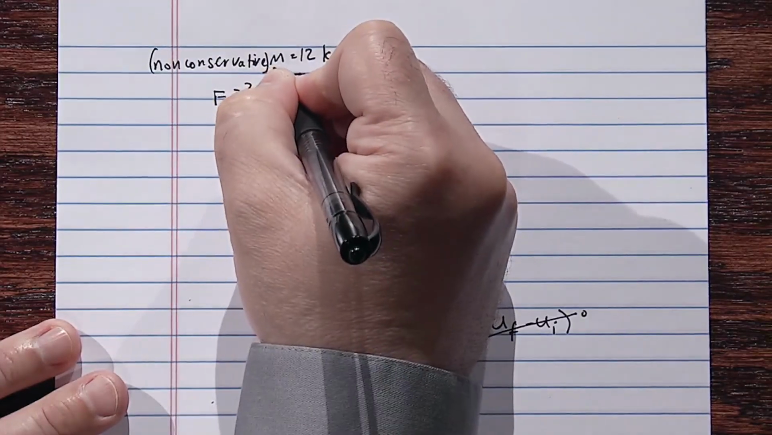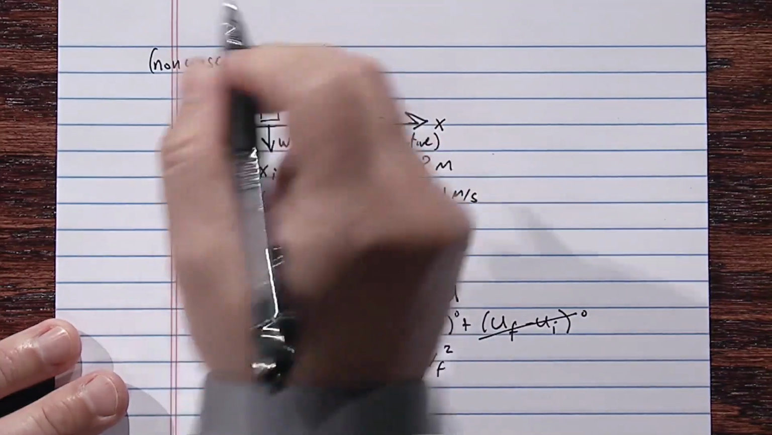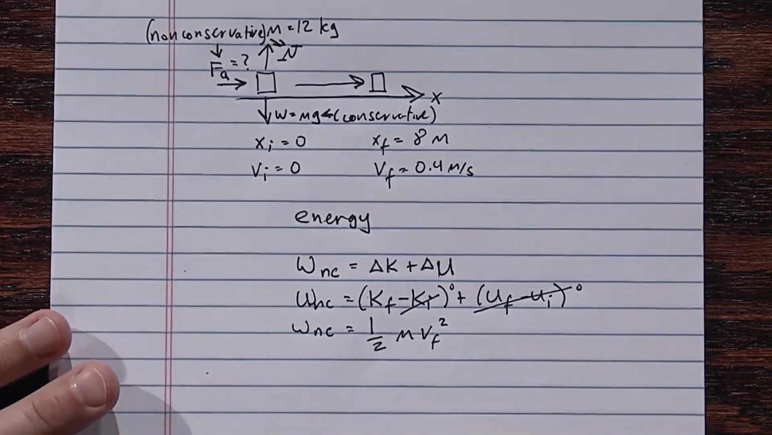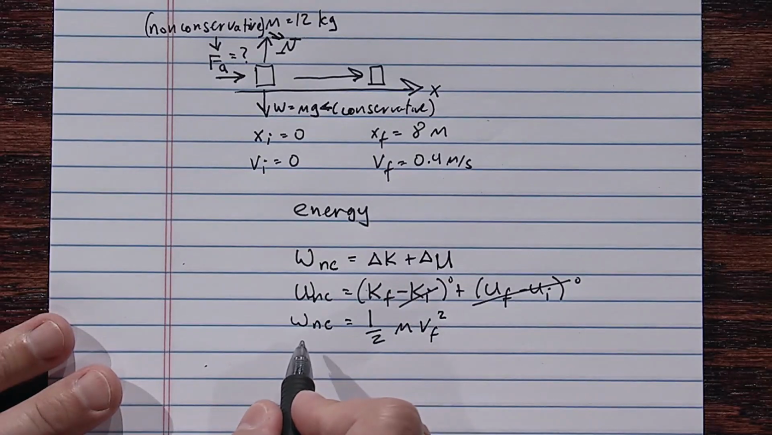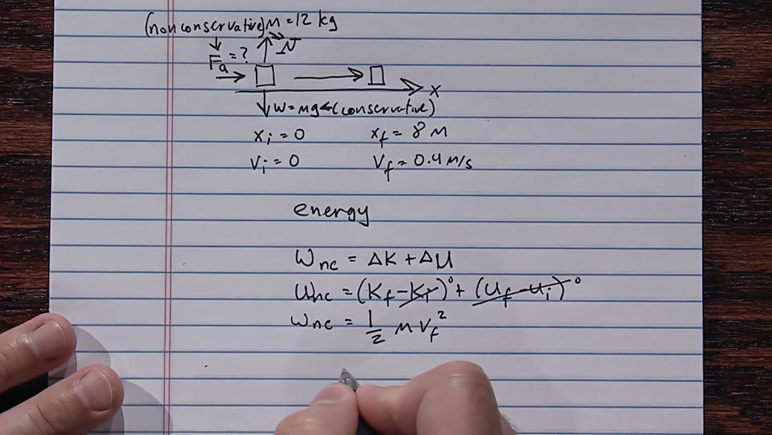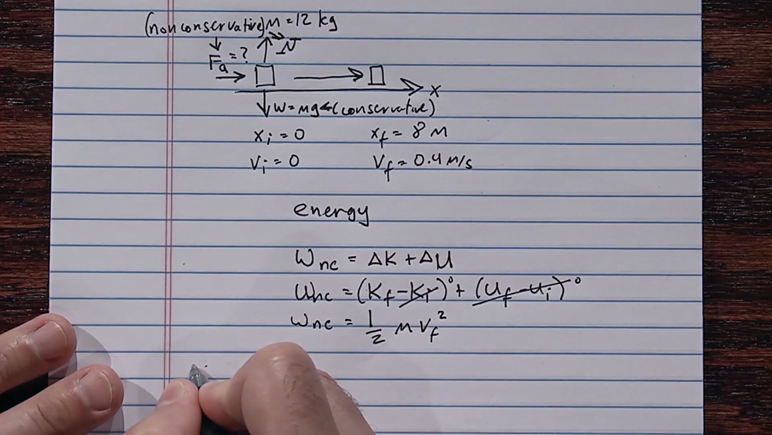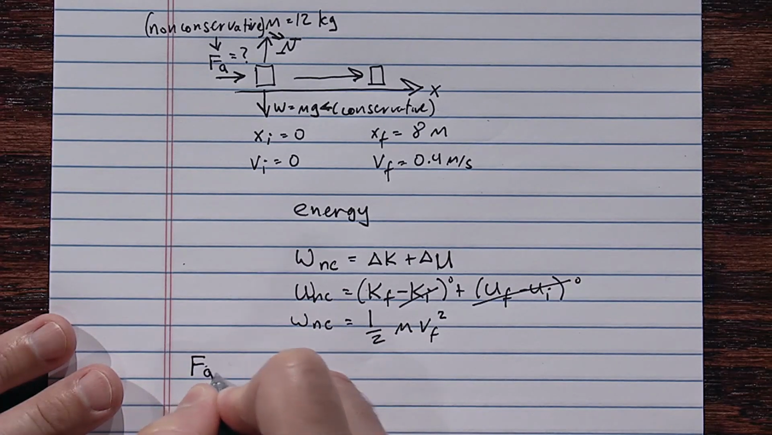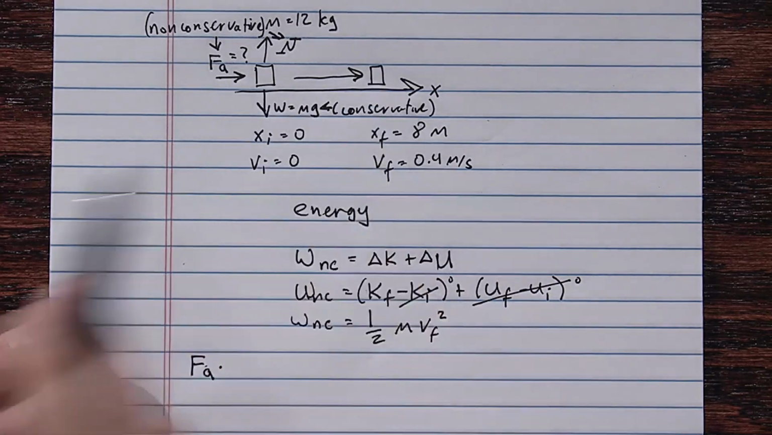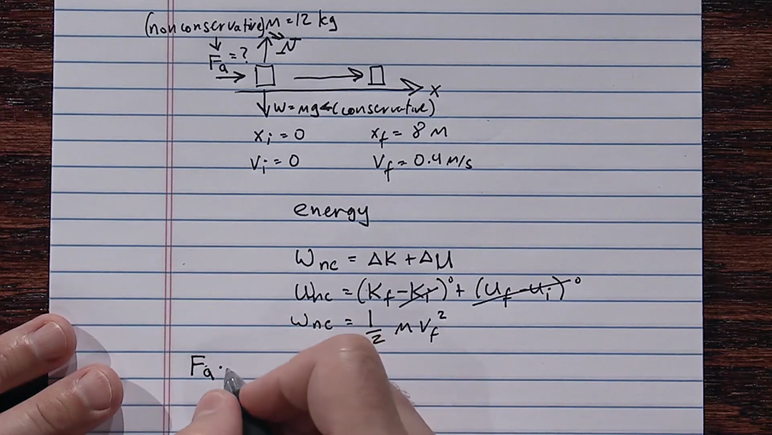So both the normal force and the applied force are non-conservative, so we have to consider the work done by both of those forces. Well, let's see. Work is force times distance times the cosine of the angle between the force and the motion. So we have the applied force times the distance moved. The distance that the box moved is 8 meters